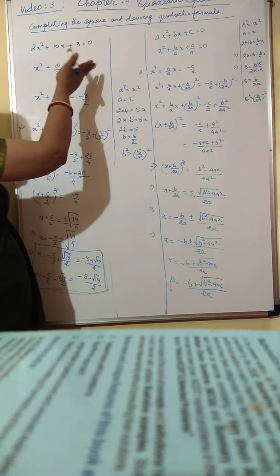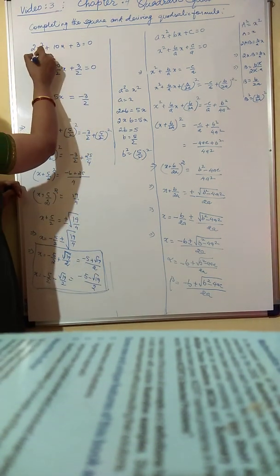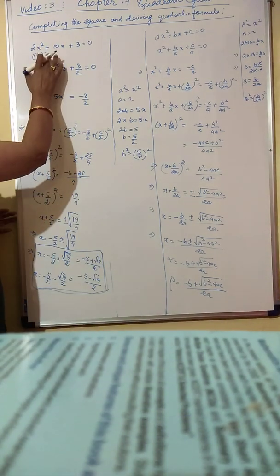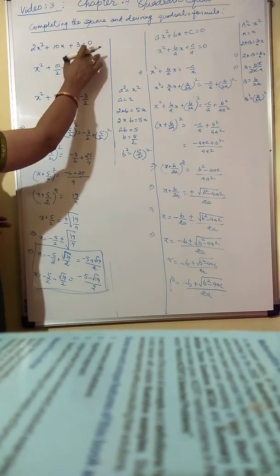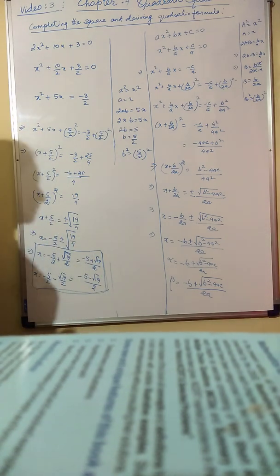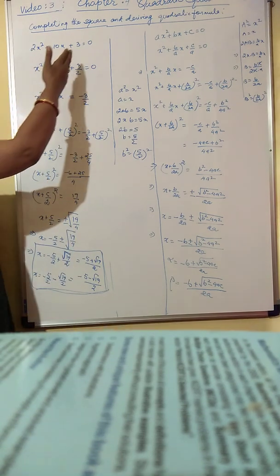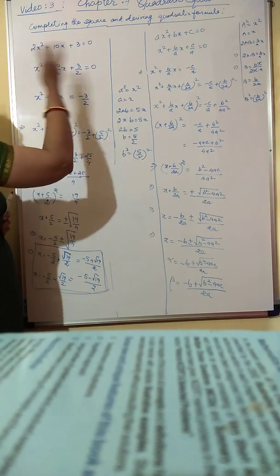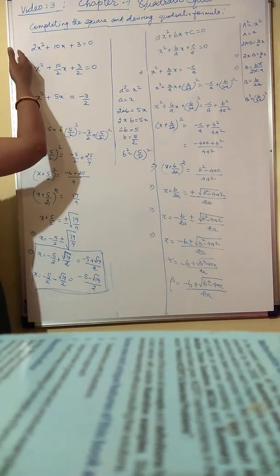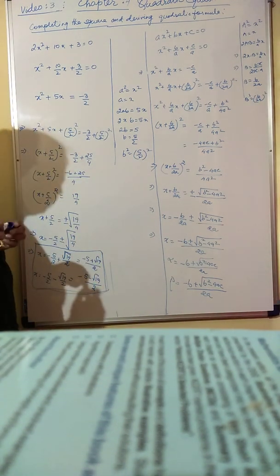2x squared plus 10x plus 3, here we have only one perfect square, which I can write as (root 2 x) the whole square. Now this is one term which I can write as a perfect square, but this expression does not fall under the category of a square plus 2ab plus b square. Therefore, I have to complete this square and then find its roots. That is the question: complete the square and find the roots of the given equation.